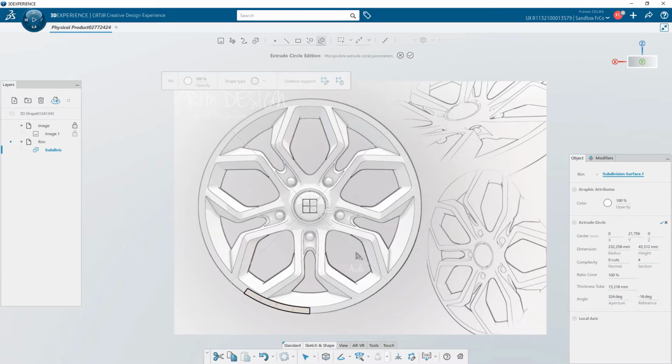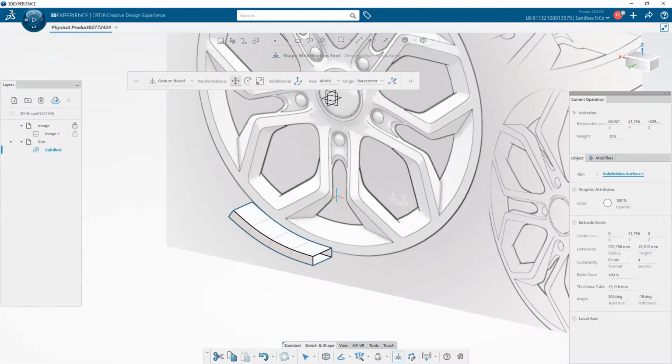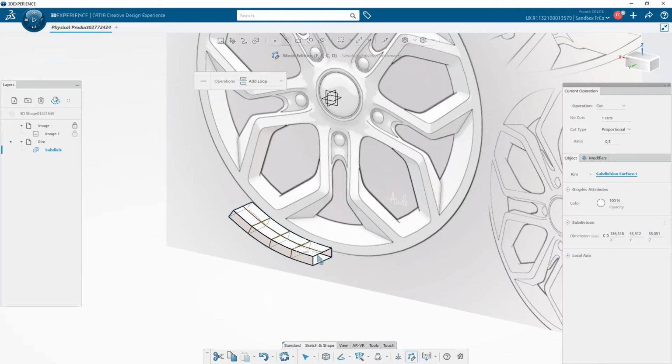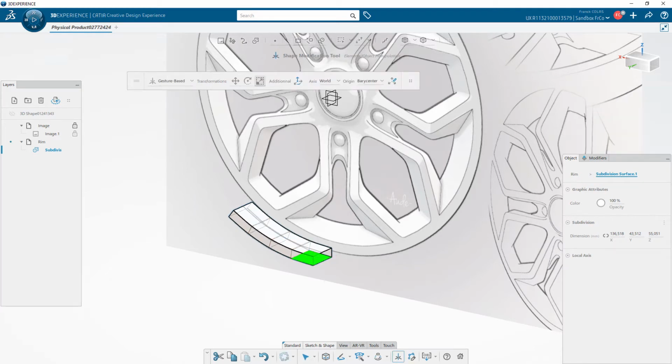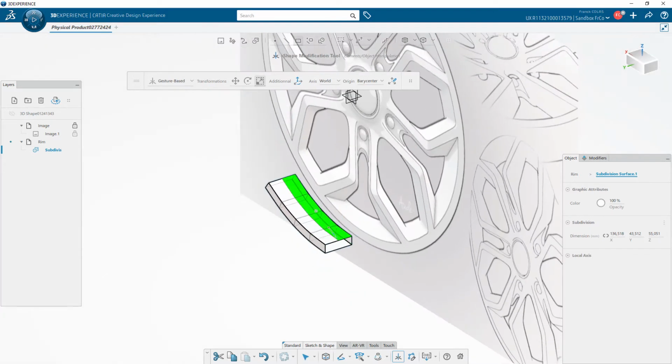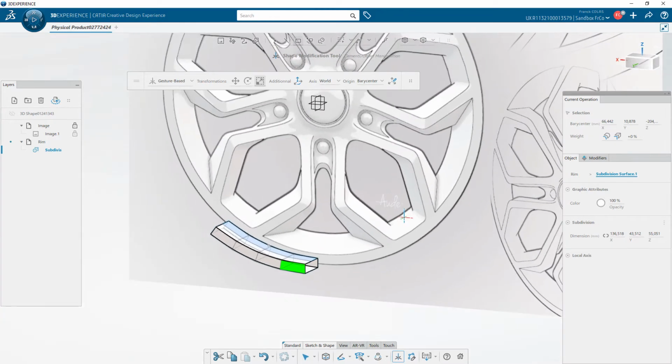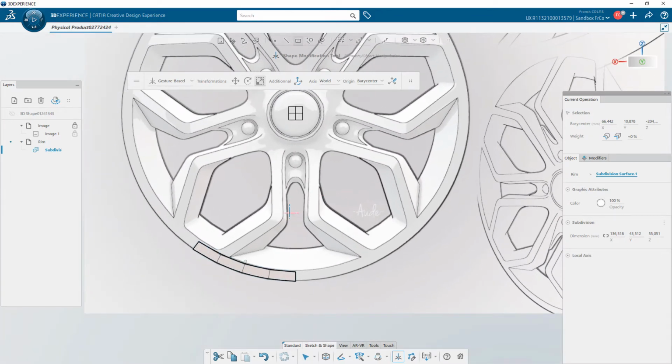To give some relief, I add a section with the add loop command by pushing C key. Select the inner faces thanks to the propagation by pushing Alt key during my selection. Enter in the customize manipulator axis in the ribbon. Place my axis where I want, leave the customize command, and thanks to the scale command following XZ plane by pushing the Alt key, I move my faces in the good direction.